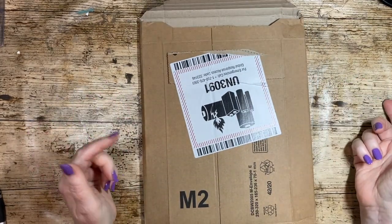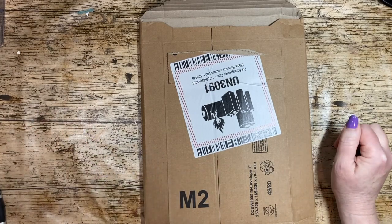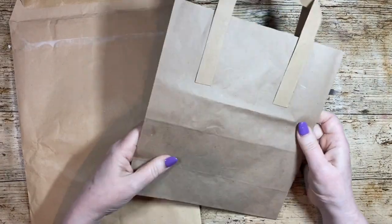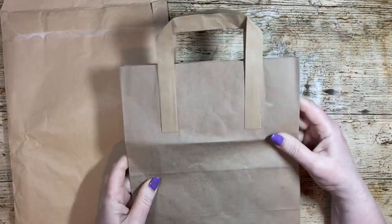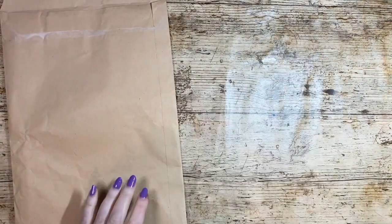So I'm just going to splice this bit into the rest of the video. This is brown paper bag, sort of lunch bag. I mean, you can buy these in packs, but I do get more excited at getting things that are free, you know, that came